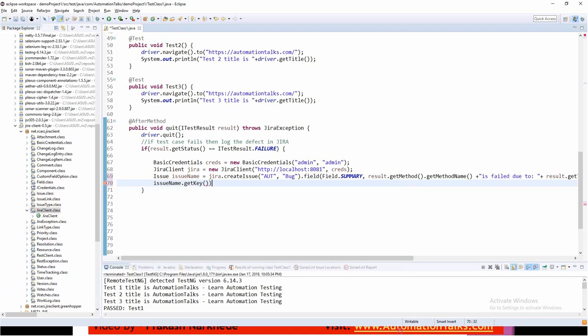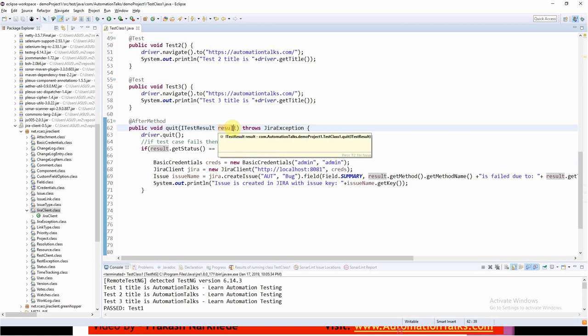Okay, so I'll print this: issue is created in JIRA with issue key, this. So what it will do is create the defect for me. Now if I run this simply, okay,